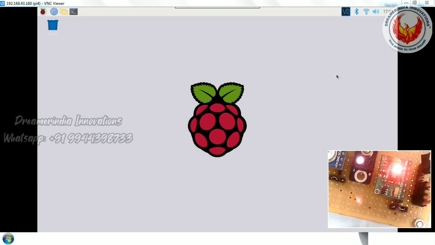Okay, fine. So now let us see how to connect the Max 30102. The hardware connections of Max 30102 are the same as the Max 30100. Those who have not seen that video, please see that video. In that I have clearly explained how to enable the I2C from the Raspberry Pi configuration, how to check the I2C, and how to do the hardware connection. Everything is said in my previous video, that is Max 30100. The link is given in the description.